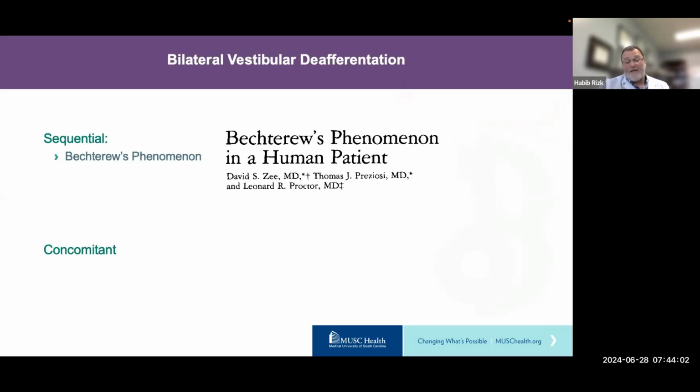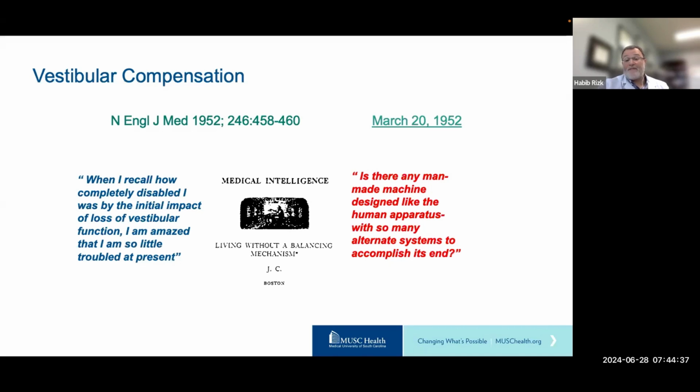But this is how fascinating the recovery process at the level of the vestibular nuclei is. Patients who had a second side sequential injury will have a nystagmus beating away from that side toward the other side, which is not healthy, which is already destroyed. Things are different and stakes are different when it's a concomitant deafferentation, which we see in ototoxicity, but most frequently we see it in an idiopathic manner. Those are young 30, 40-year-olds who come with oscillopsia, and you discover a bilateral hypofunction.